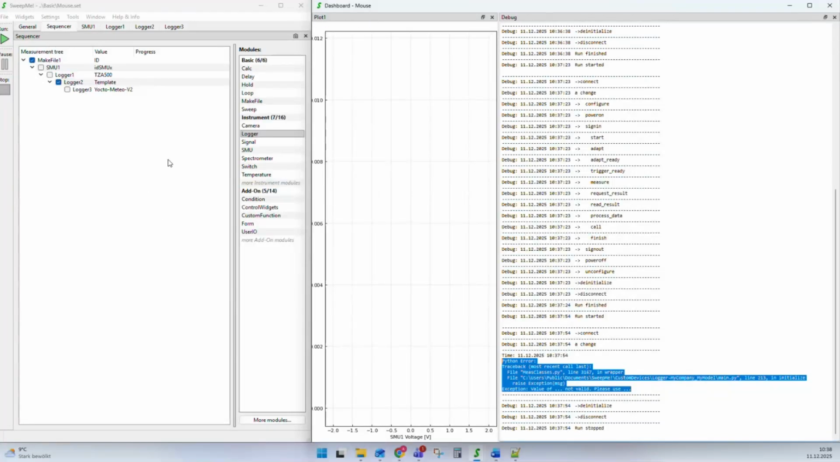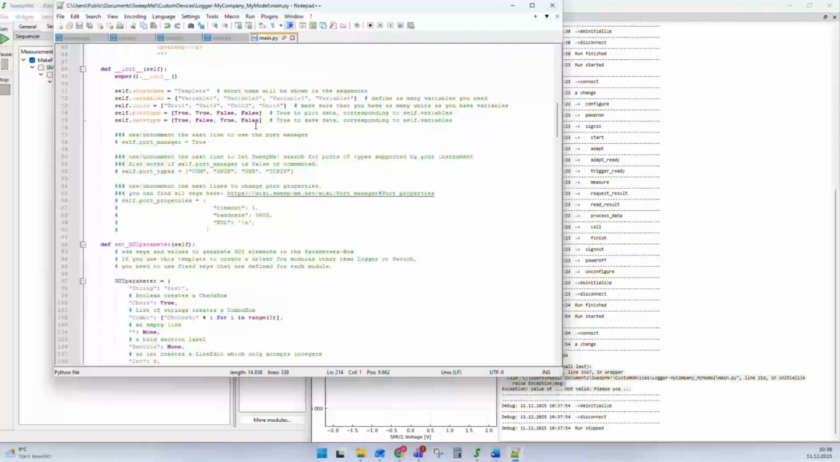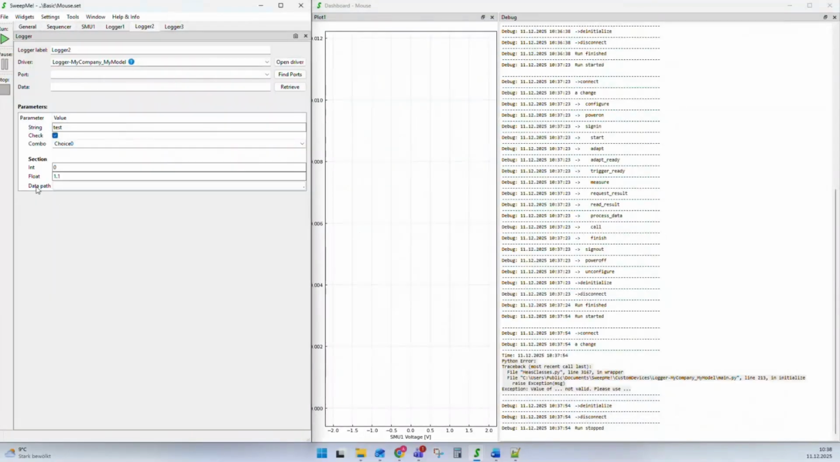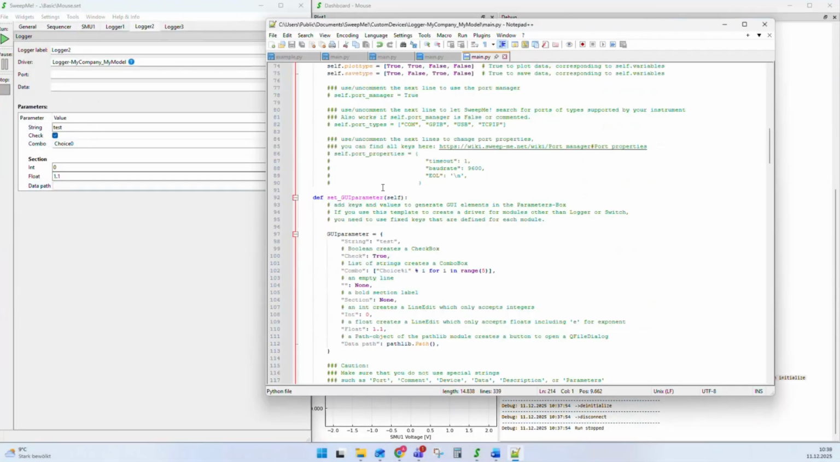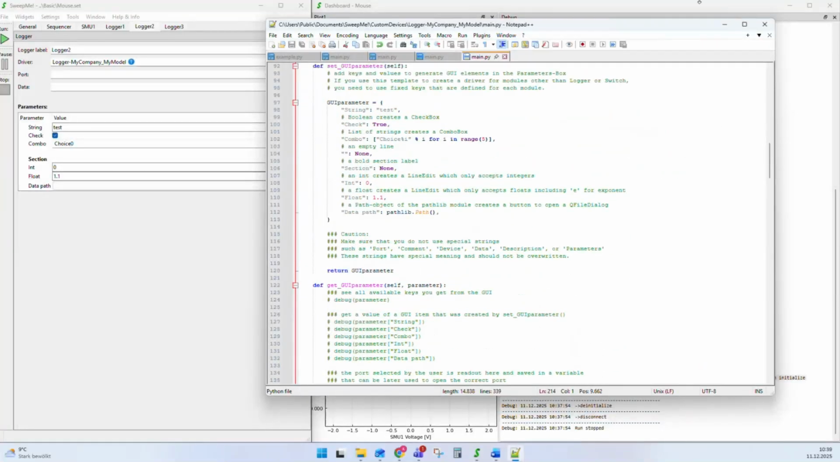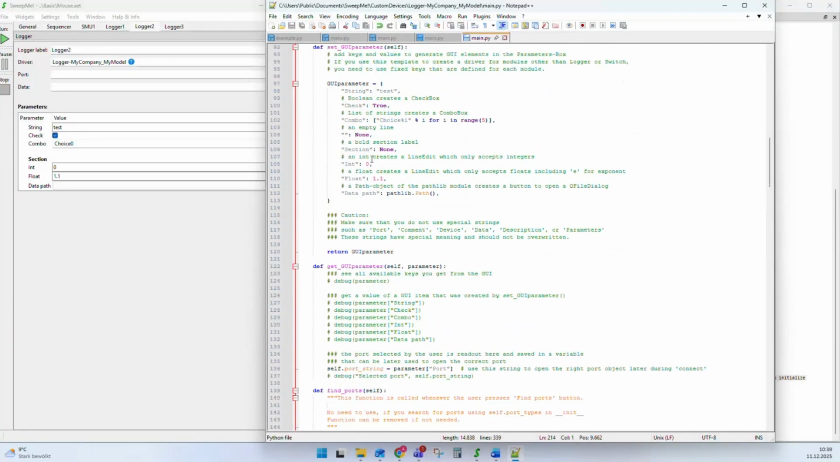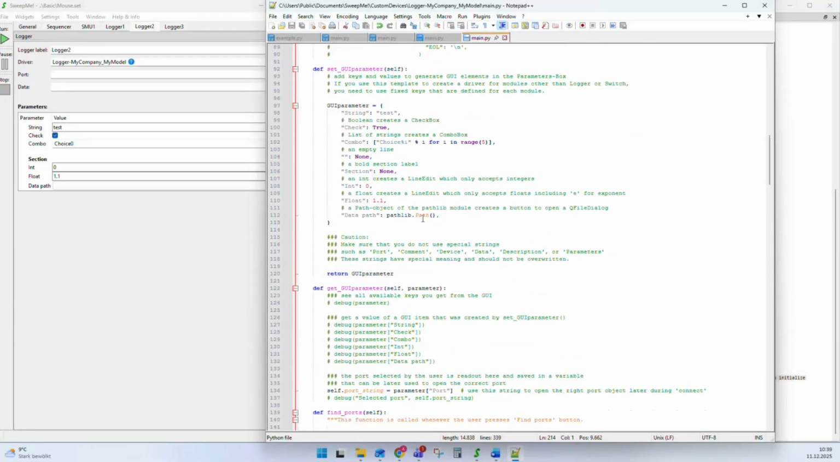The next part of the driver that I want to speak about is the GUI interaction. What you can see here in this logger template is that we have a custom GUI, a GUI that was created by the driver. And how to do this? There are two functions called setGUI parameter and getGUI parameter, and they are used to define a GUI parameter dictionary and return this GUI parameter dictionary. And this tells SweepMe